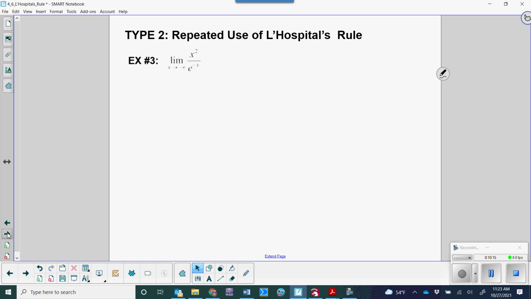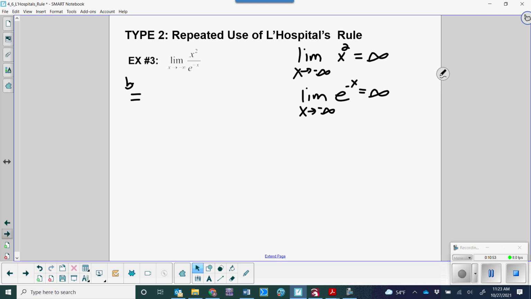All right. So next one, we may have to do sometimes L'Hopital's rule more than once. So I plug in minus infinity. Well, clearly the top is infinity. E to the minus infinity is e to the infinity, so that's infinity. So I'm going to go ahead and write that, though, because I have to show that. So the limit as x goes to minus infinity of x squared is going to be infinity. The limit as x goes to minus infinity of e to the minus x, also infinity. So now I got infinity over infinity. So then I would say by L'Hopital's rule,